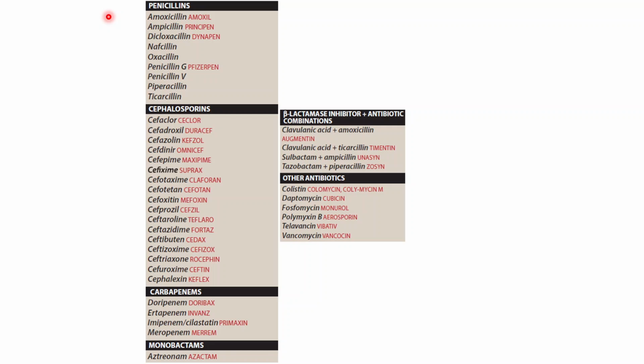And also the cell wall inhibitors include cephalosporins that have a similar chemical structure, and also carbapenems and monobactams. So these are the four groups that are beta-lactam antibiotics, and this is the most part of the cell wall inhibitors. And there is also vancomycin that is not a beta-lactam but also has the same